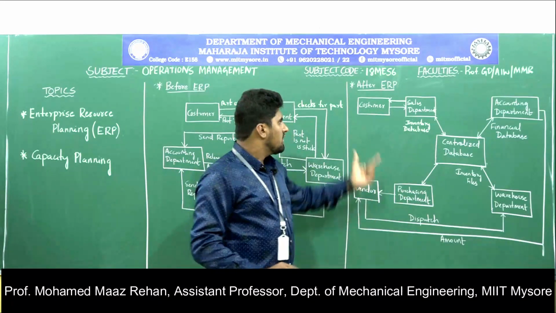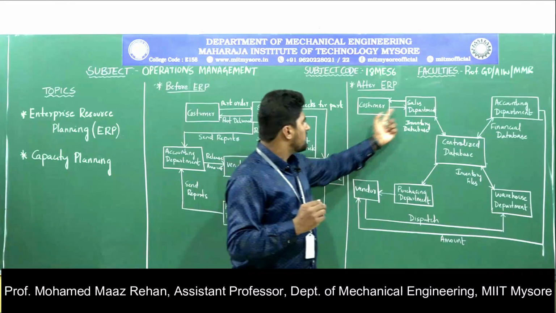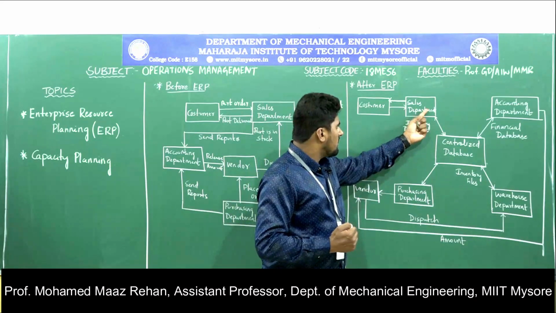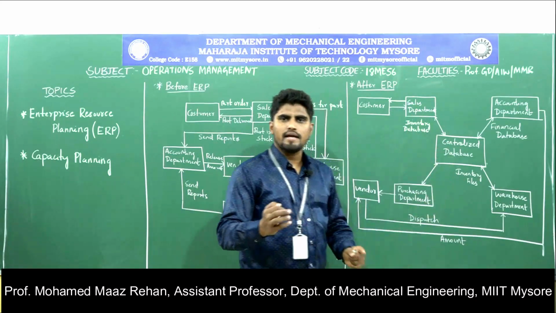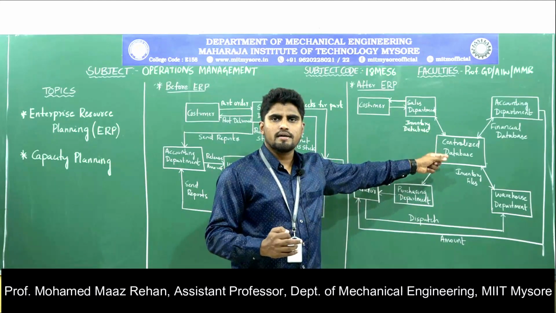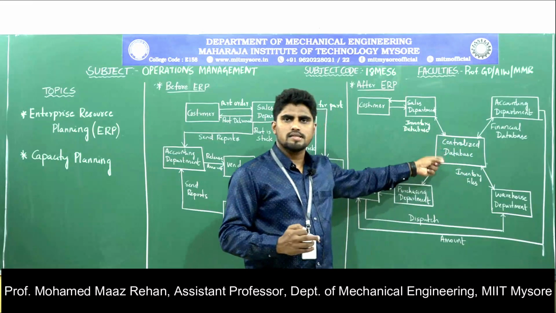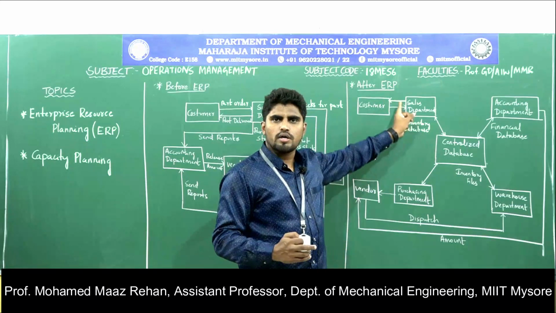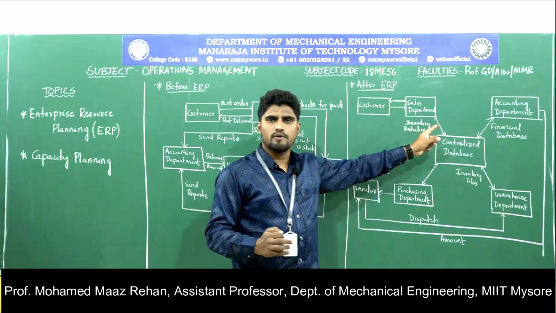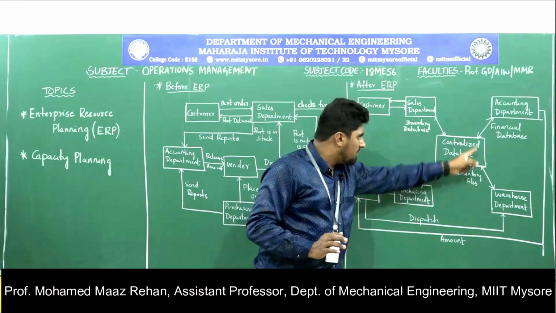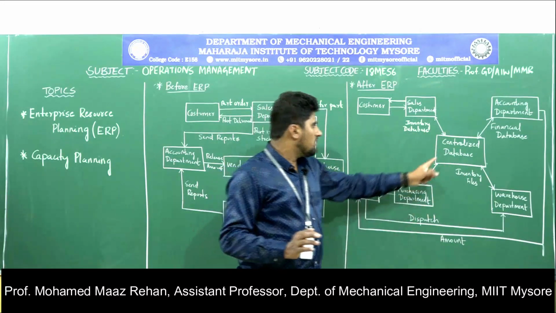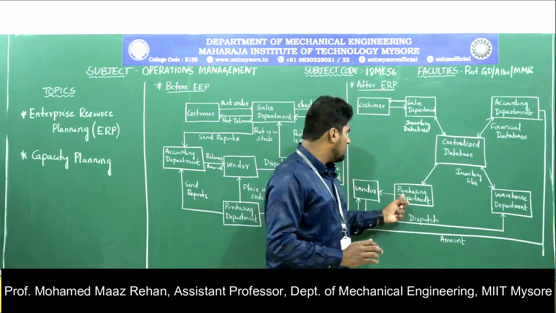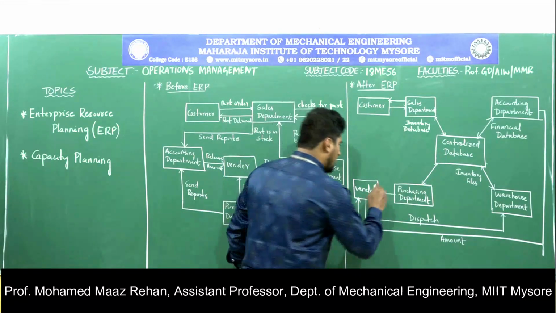A customer needs a particular product, so he approaches the sales department telling that so and so product is required. The sales department will have access to the centralized database. He's going to check whether the parts are available in the organization or not. If it is available, he will intimate back to the customer that we are going to dispatch that particular product on so and so date. If the part is not available, a message will trigger to the purchasing department to place an order